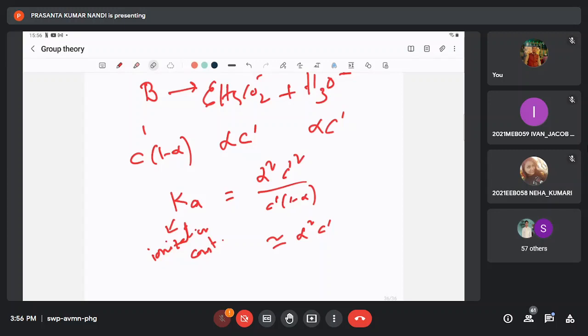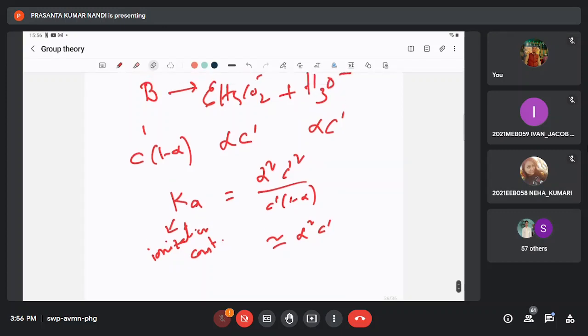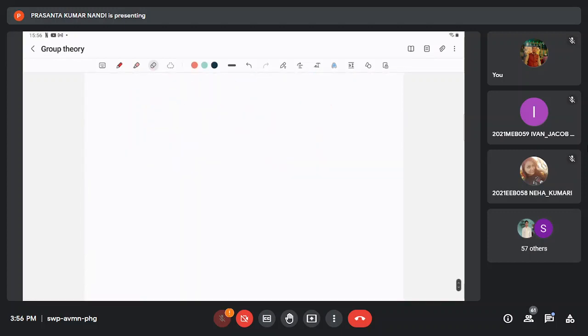Now if you put these expressions there, these are the dissociated forms, and what is the undissociated form? If you compare the partition coefficient,